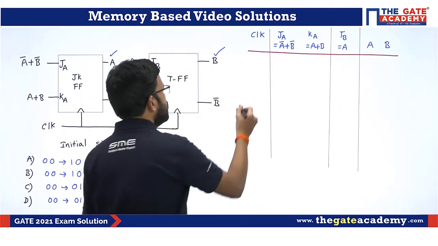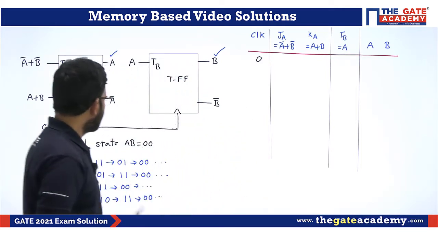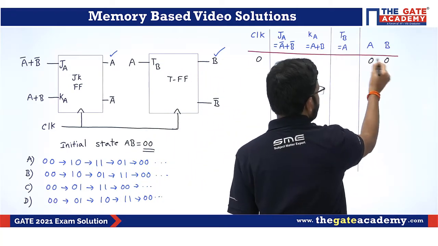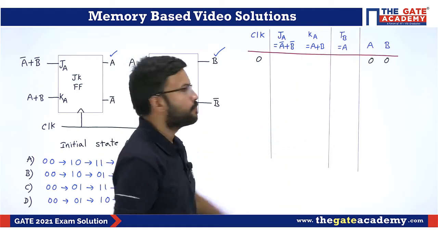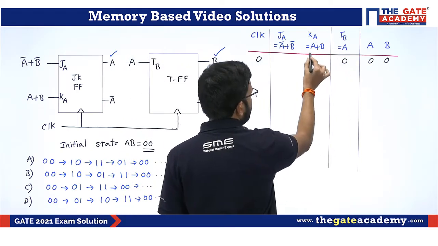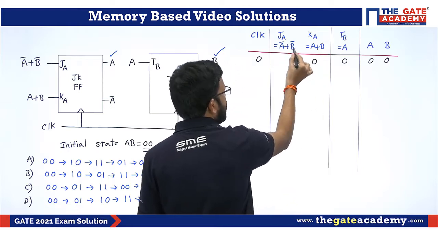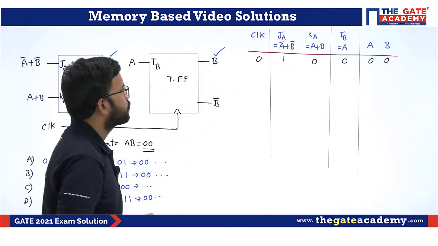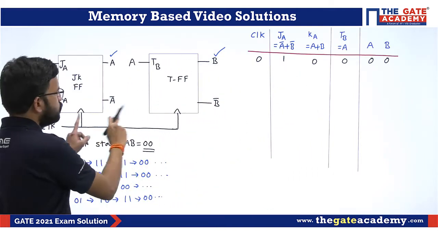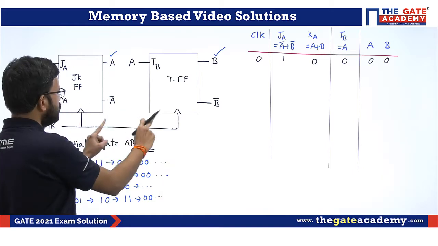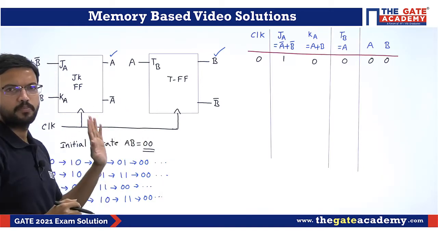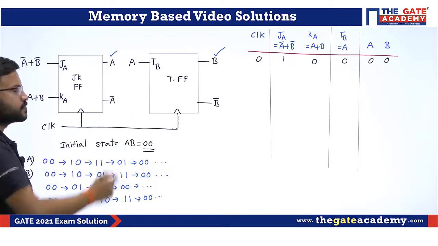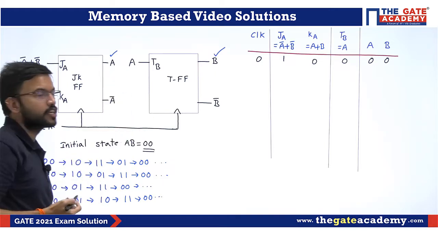Initially, in the absence of the clock pulse, the initial state they have given is 0, 0. With respect to these values, you determine the inputs. Here A is nothing but 0. Here A plus B, 0 plus 0 is 0. Here A bar plus B bar, 0 bar is 1, 1 plus 1 is 1. Logical OR, 1 plus anything is 1. Both flip-flops have the same common clock signal. That means whenever you apply the positive edge of the clock pulse, based on the inputs available, the outputs will be affected.